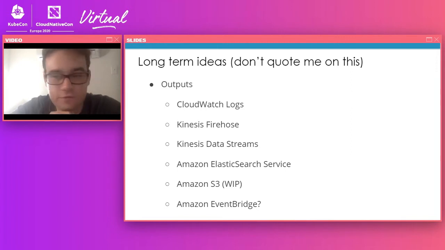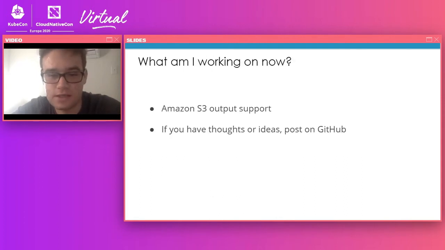So also in Fluent Bit 1.4, I built an EC2 instance metadata filter that adds your instance ID and availability zone to your logs if you want it. I think in the future, maybe we'll expand that. I might also work on an ECS task/service/cluster metadata filter as well. We'll see. And then in terms of outputs, I'm thinking